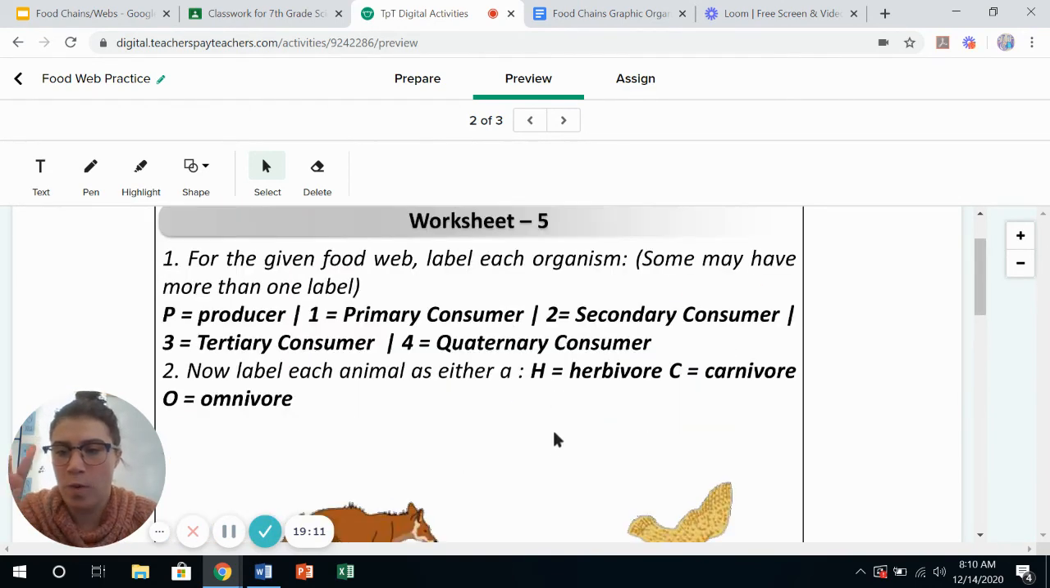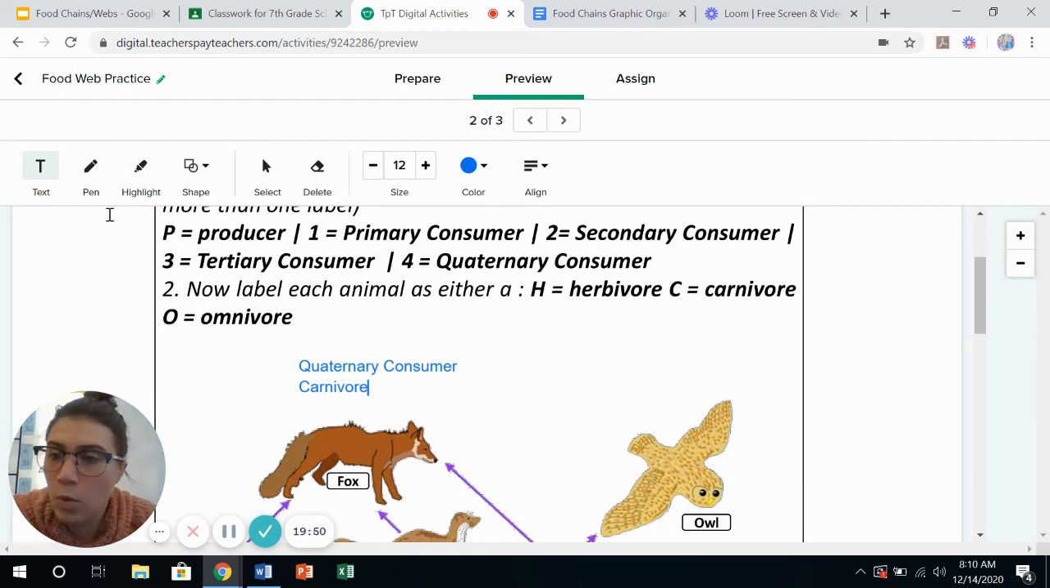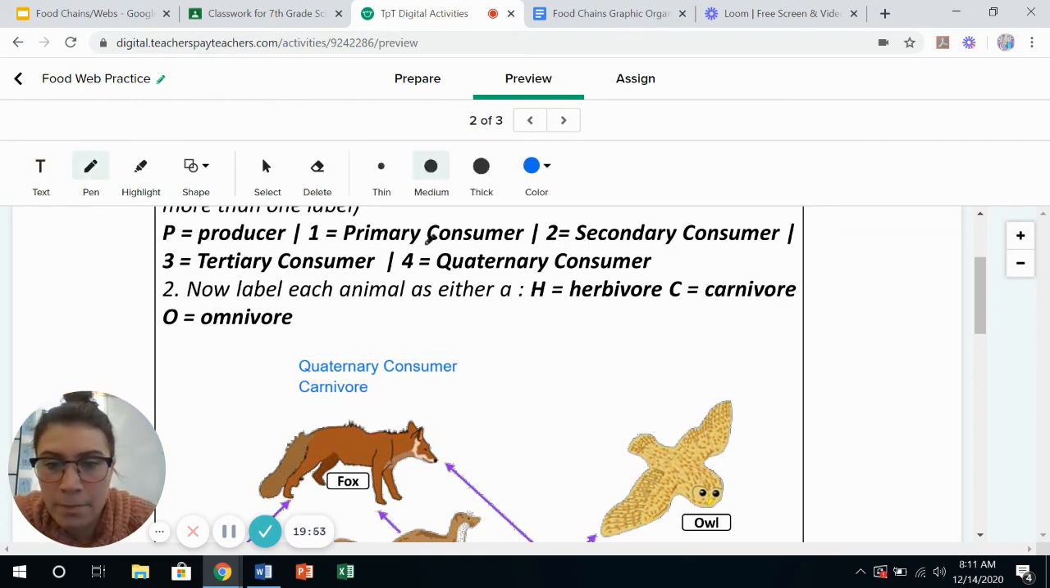You're going to do it twice. For one, you are going to label it either a producer, a primary consumer, secondary, tertiary, or a quaternary, which is the 4th. And then you're also going to label it as an herbivore, carnivore, or omnivore. You can do this by text, where you put by fox that it is a quaternary consumer, and if you want to write it out, or you can put just a 4, and then also put that it's a carnivore. You can do it like this, or you can take your pen and put a